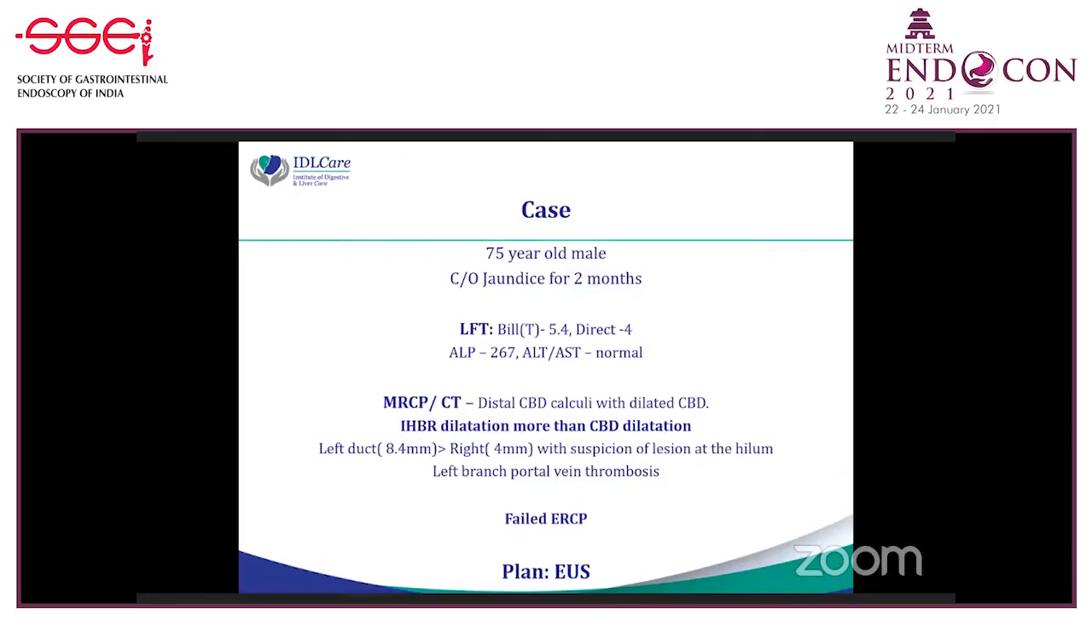CBD is dilated to about 8 millimeters. And then intrahepatic biliary radicals are more dilated than CBD. So the left intrahepatic biliary radical is 8.5 mm and right is 4 mm. And along with that, there is a thrombosis of the left branch of the portal vein. So it's a very interesting case because obviously there is a CBD stone that we have no problem with, but the